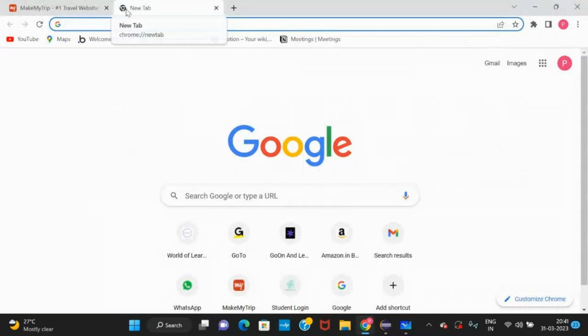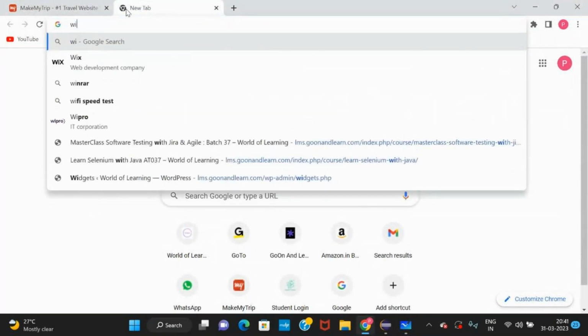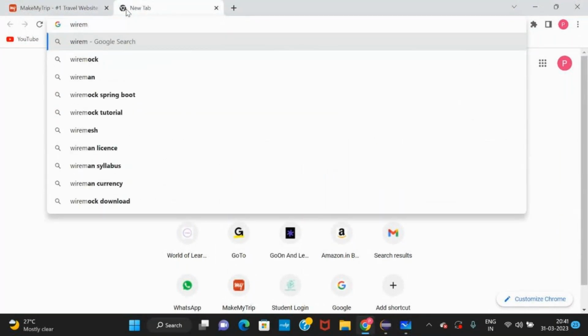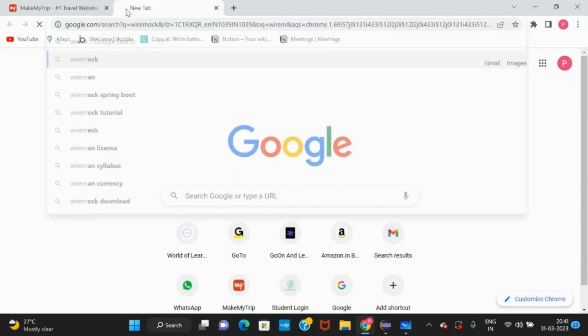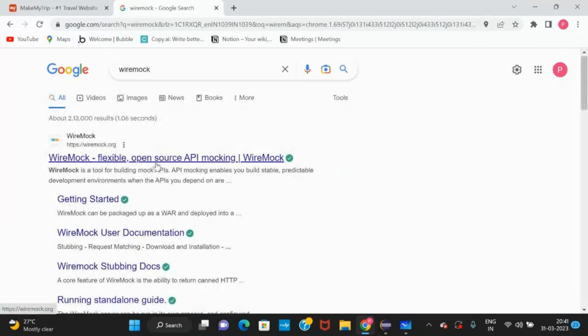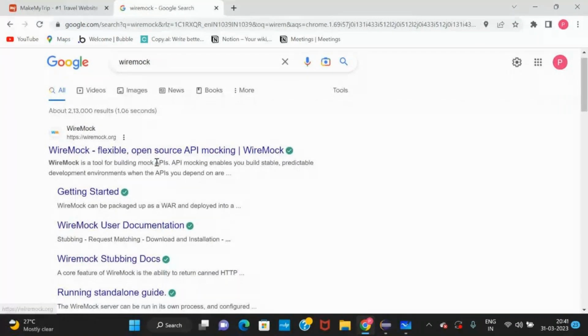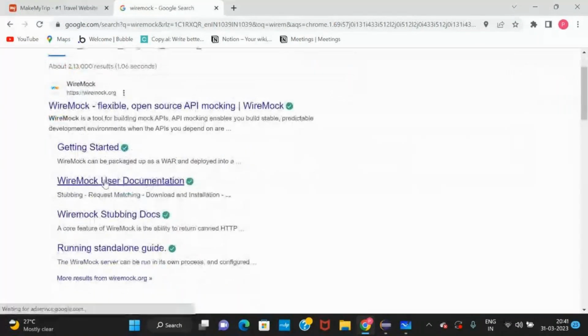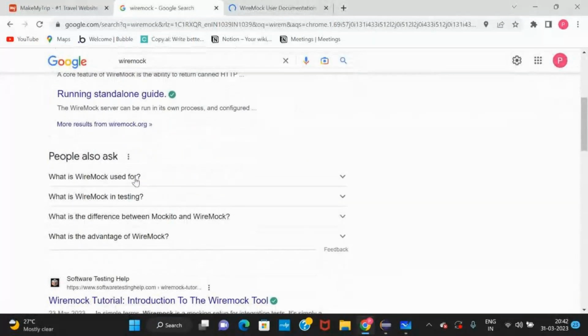It is for API automation. Can you spell it? Yes, WireMock testing. Okay, it's API mocking. WireMock user documentation. Could you please cover this topic also, Priya?